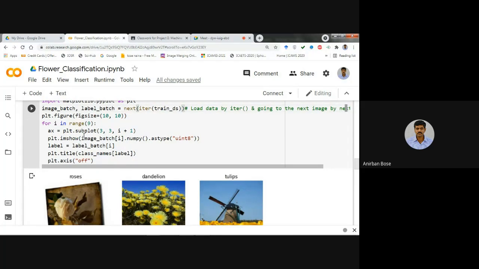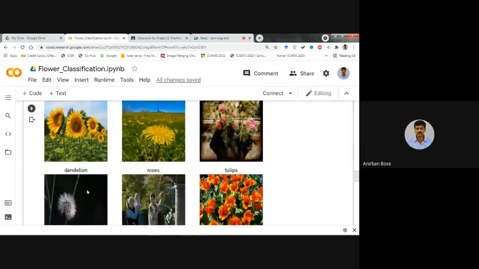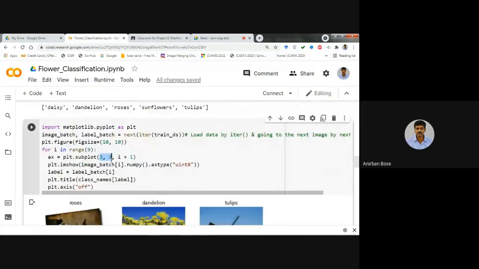It is shown in the form of a subplot, and the subplot will be 3,3. 3,3 means there will be 3 horizontally and 3 vertically, so a total of 9 images will be displayed in this way. That is why 3 by 3.